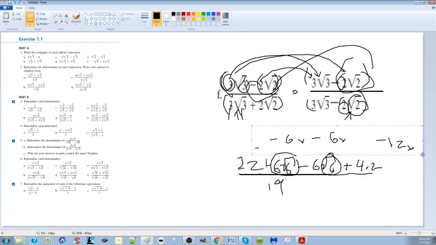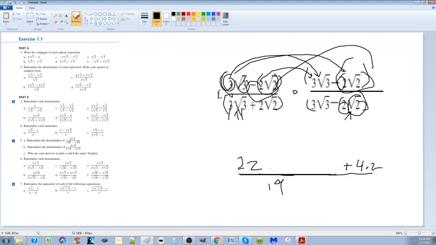It's like adding 12 apples or subtracting 12 apples. We're left with negative 12 apples. In this case, our apples are square root of 6. Plus 4 times 2, no, that's 8. So clearly we can add our numbers together. What's 22 plus 8? 30. So we're left with 30 minus 12 square root of 6